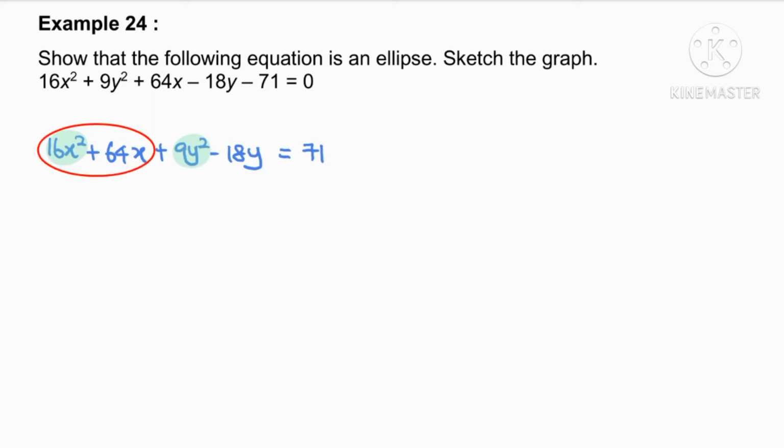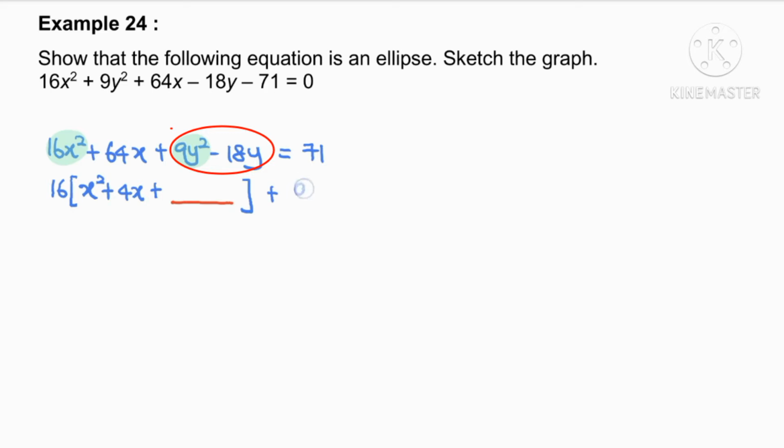So here we have to take out the 16. So we have 16 in the bracket, x squared plus 4x plus some constant here. And over here we take out 9 in the bracket, y squared minus 2y plus some constant here